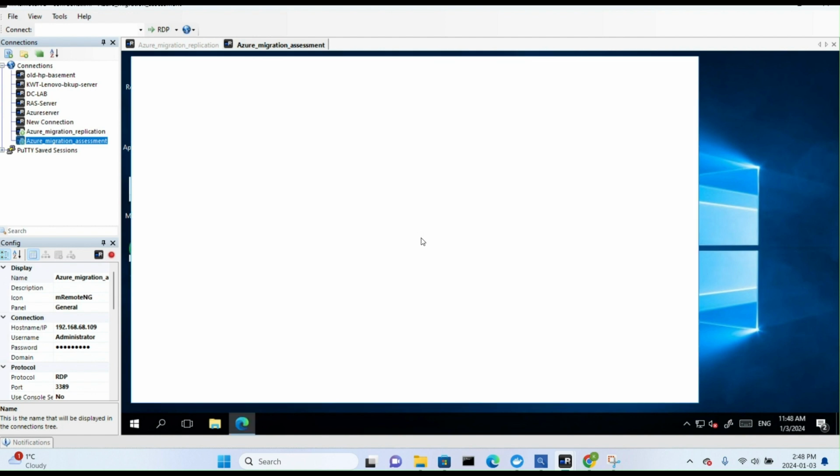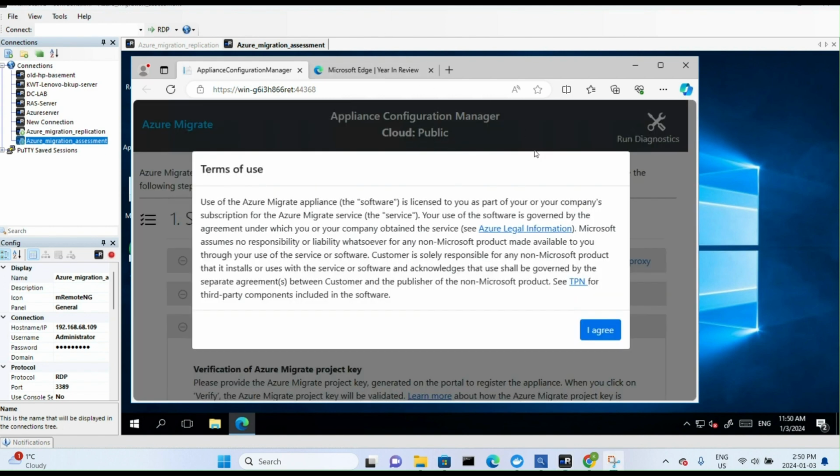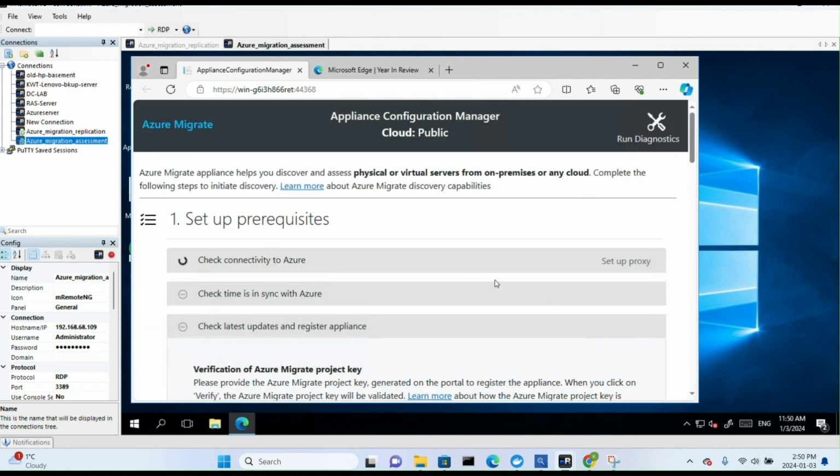Now we are starting to configure our appliance for the assessment part of our Migrate project. Let's go with agree. Checking the connectivity to Azure. I don't use a proxy in my